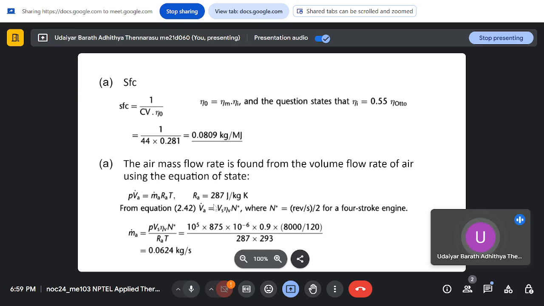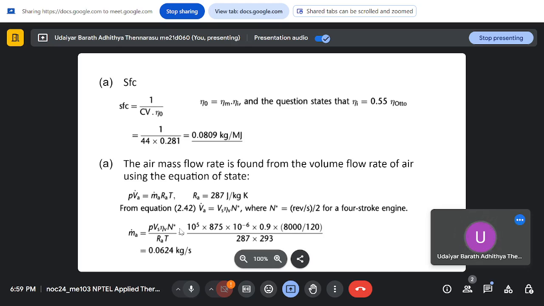and your V dot A can be written in terms of swept volume. The amount of air going in is swept volume into volumetric efficiency into the speed. In this case, the intake stroke happens only once per 2 revolutions, so your speed will be n by 2. So your mass of air will be P into swept volume into volumetric efficiency into n by 2 divided by